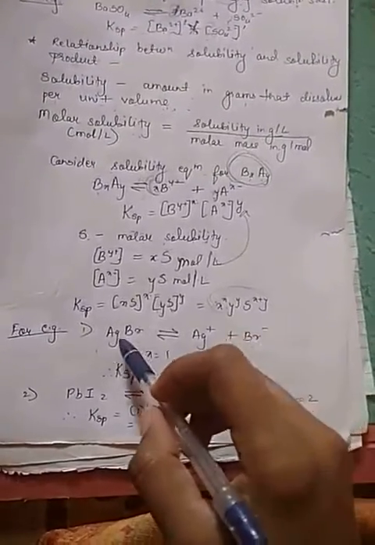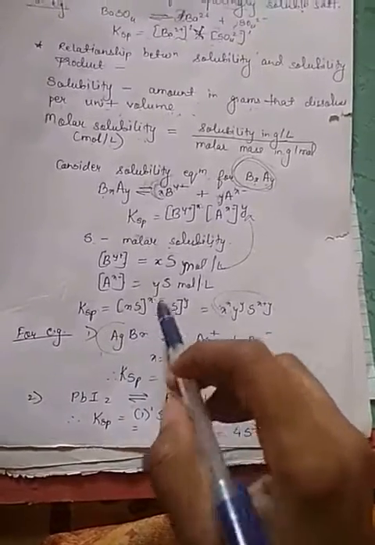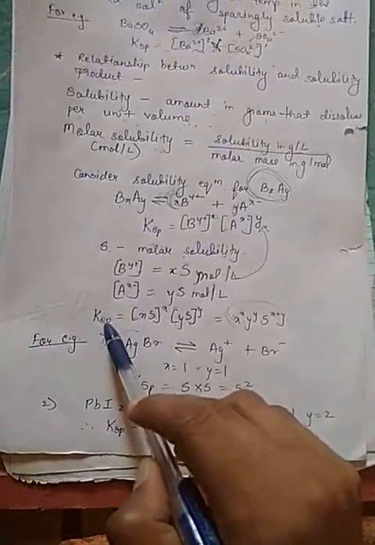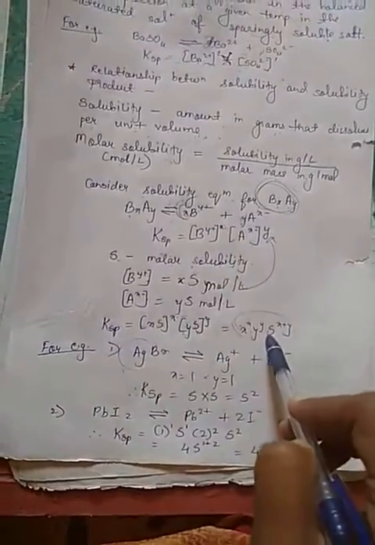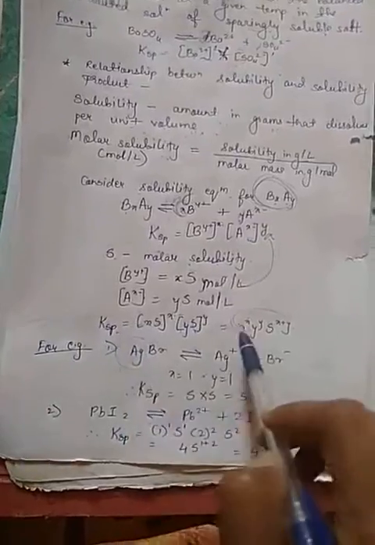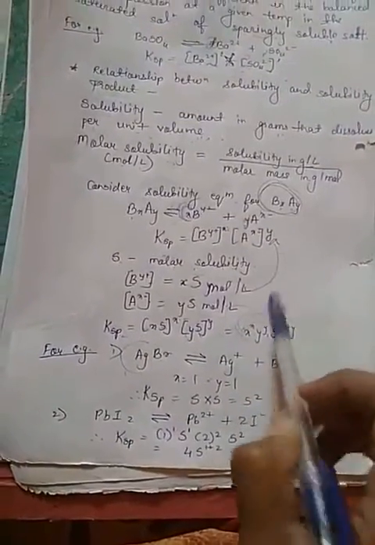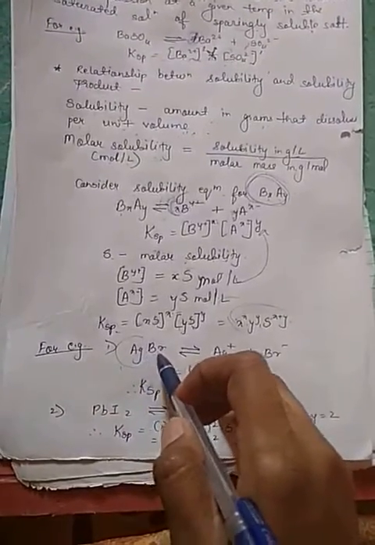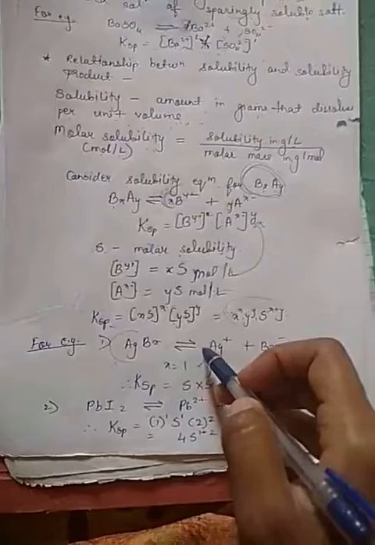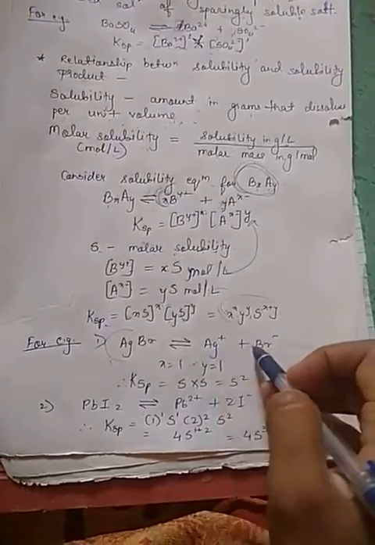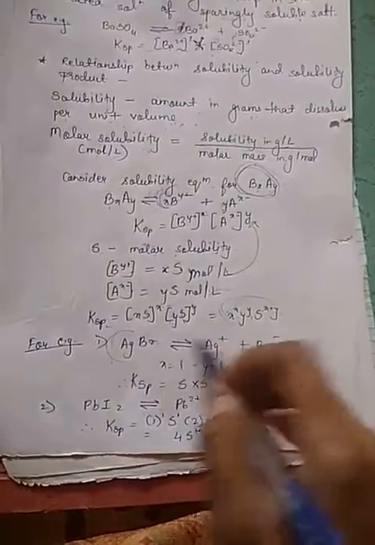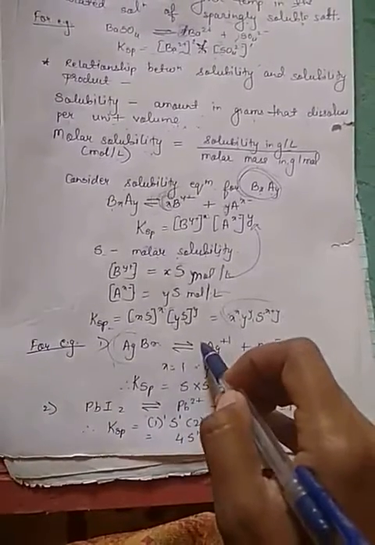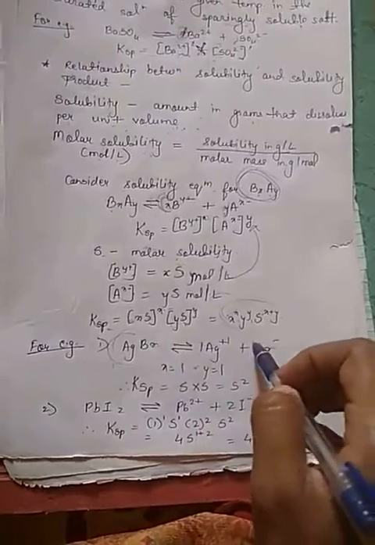So for example, if we have a salt AgBr, the solubility product of this is given by, so this is the relation between KSP, that is solubility product, and the solubility. This is the relationship which we have studied now. So for example, if you have a salt, silver bromide AgBr, it is a sparingly soluble salt. It gives ions Ag plus and Br minus, and some part remains as it is. Now here it is Ag plus, so plus 1. So X is equal to 1, the coefficient here is 1, and even Y is equal to 1.